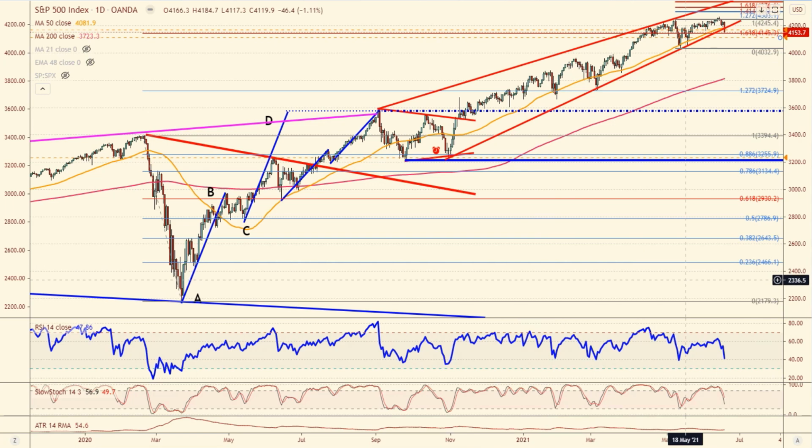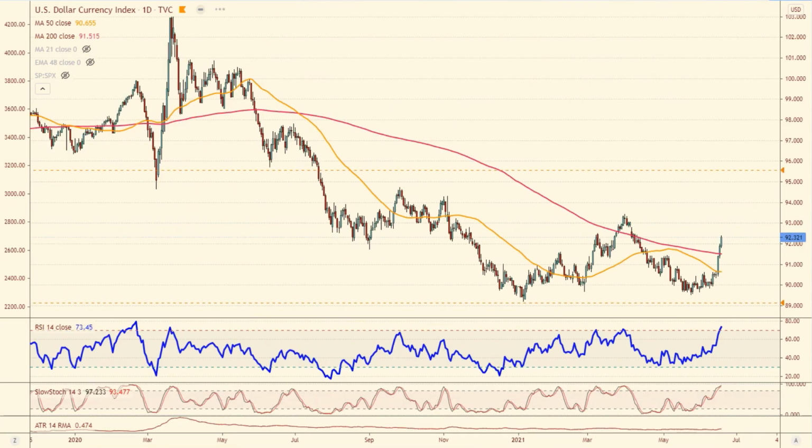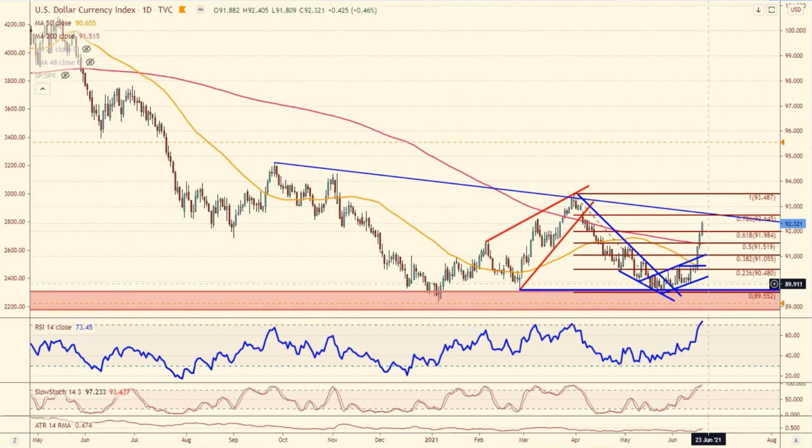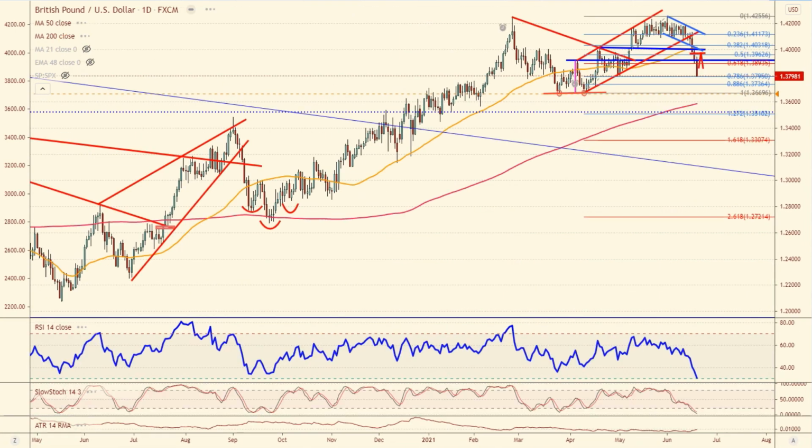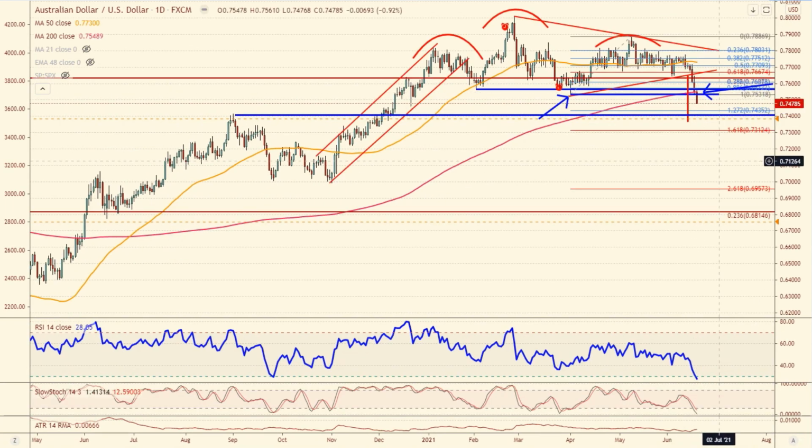This last week, we had the FOMC meet, and the dollar has rallied sharply from the lows, and we're approaching resistance. I was warning people post-FOMC, don't stand in front of the dollar right now. I know a lot of people were trying to buy the euro as we hit the 618, the sterling as it hit the 618 retracement, and buy these dips in the Aussie dollar at the 200-day moving average. But price action shows us right now that there may be some continuation higher in the dollar, lower against some of these major currencies.